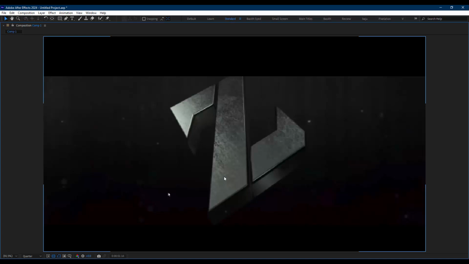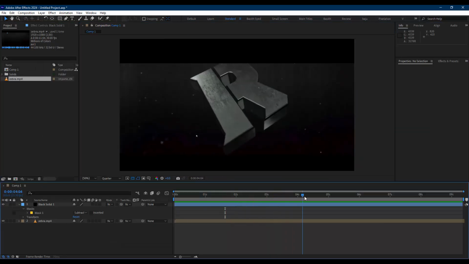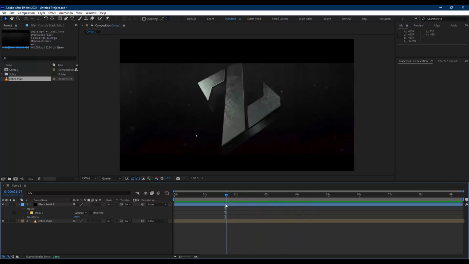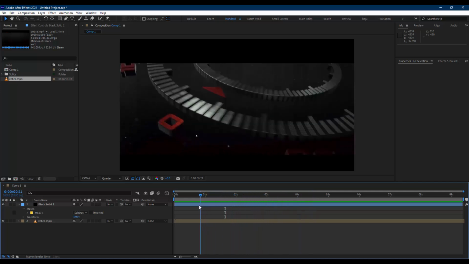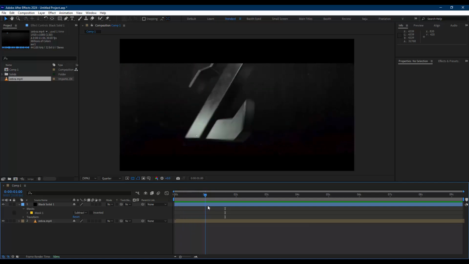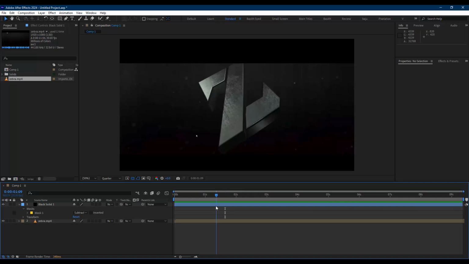The letters are broken down into multiple cameras. So these are all separate shots. The first shot, the second shot is this Z. So this Z is this